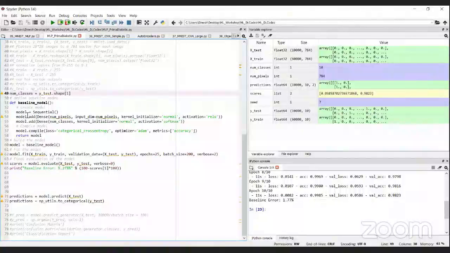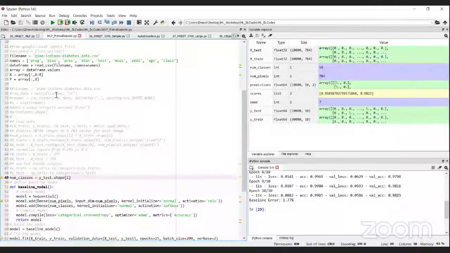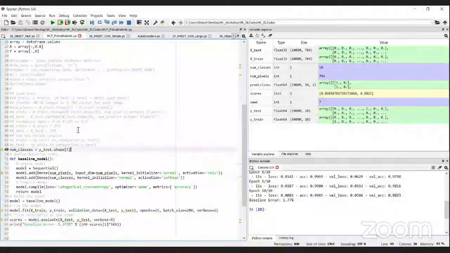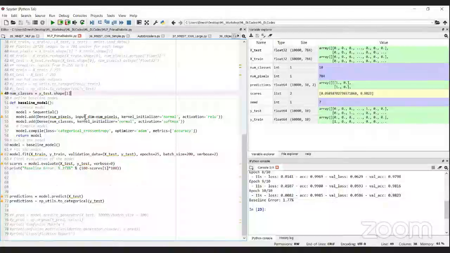Again, here I'm defining the model in a similar way: a feed forward network. The number of hidden neurons is exactly similar, 8, and the number of input layer neurons is again 8, initialized from the normal distribution.